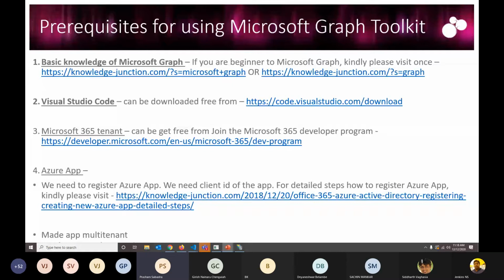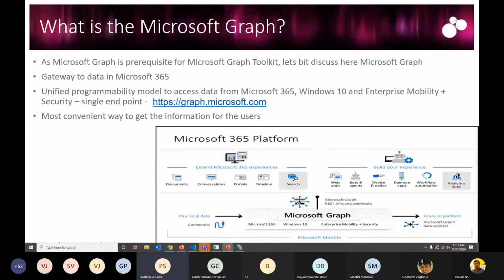Let's understand that it is a unified programming model. Previously, if I wanted to access some data from my Office 365 suite, say for example my Outlook messages, or my personal data or some users' data, then we had different Exchange related stuff, different endpoints available, and different authentication mechanisms available. Among all those things, the developer's life was a bit hard. I needed to remember all the endpoints and all the authentication mechanisms and other stuff.